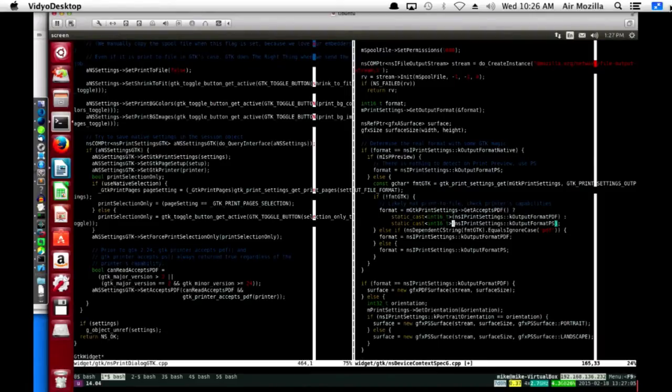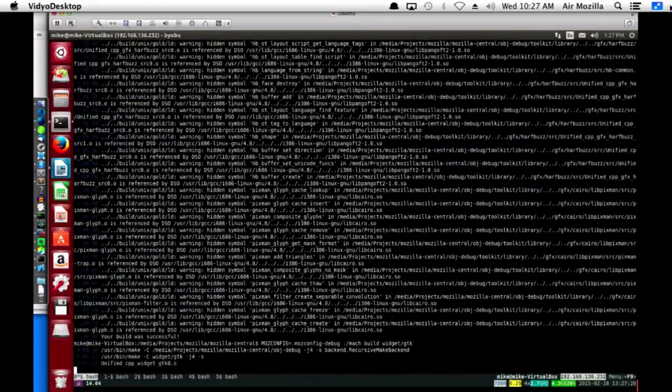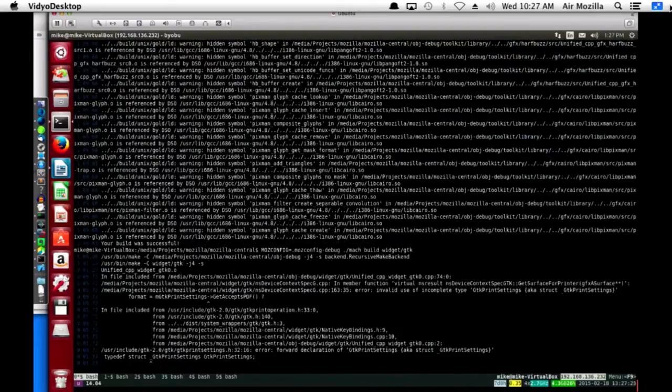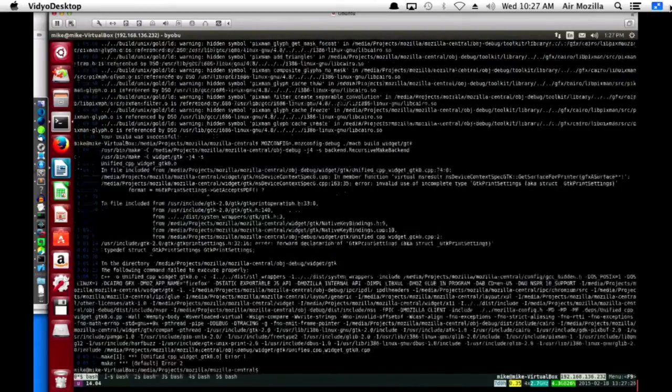Okay. All right. Let's see if that builds. Let's see if it likes it. Forward declaration of GTK print settings. It doesn't like it: invalid use of incomplete type GTK print settings, get accepts PDF. So okay, it doesn't know, the header's missing.